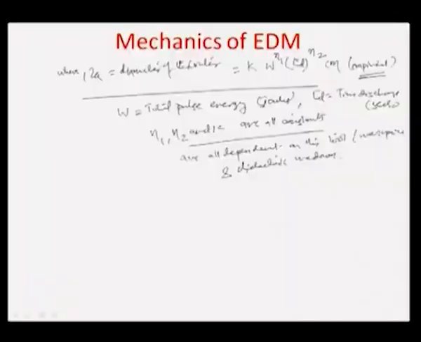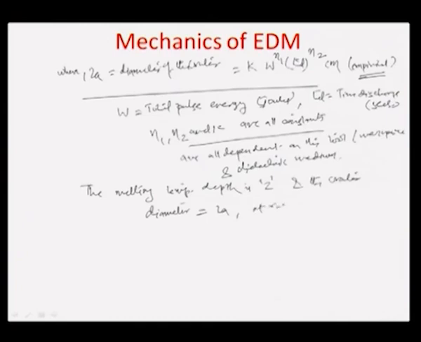So, here let us say that the melting temperature depth is Z, and the crater diameter is 2a,